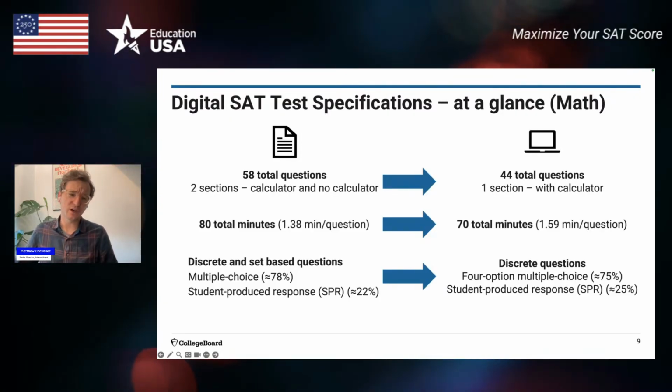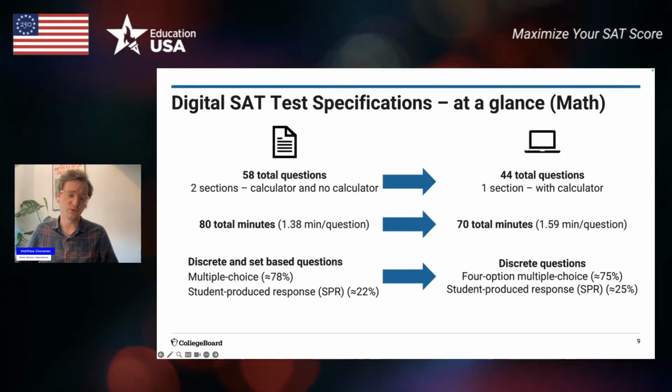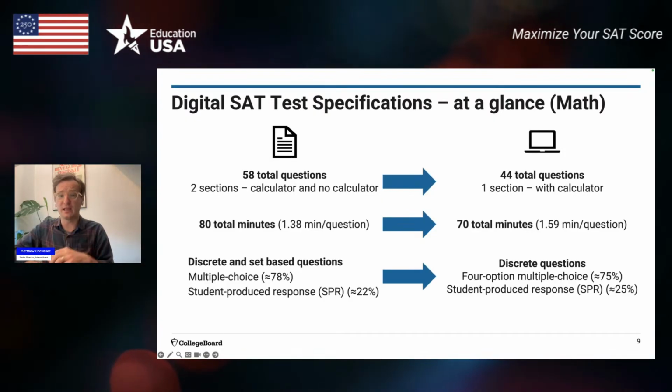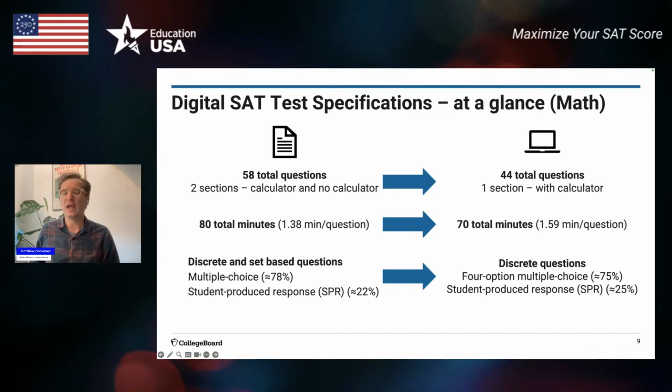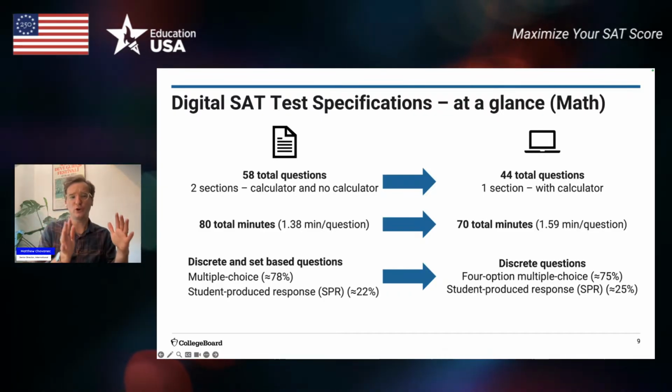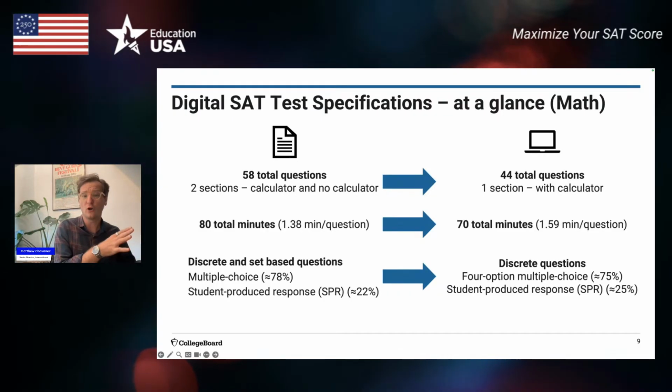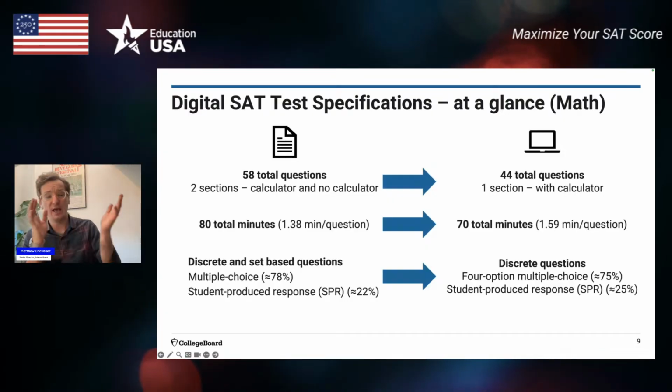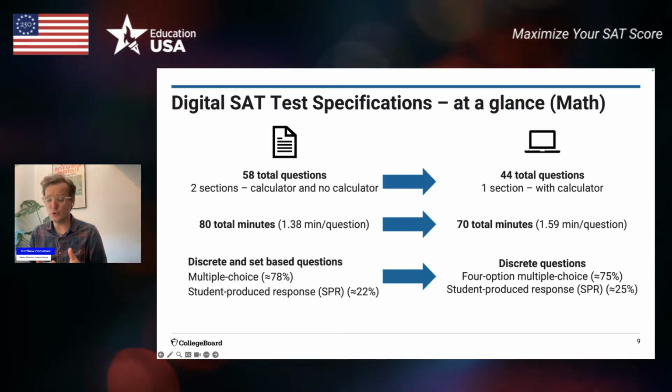About 3/4 of those are going to be multiple choice questions, and then 1/4 of them will be student produced response, which means you're actually going to type in the answer on your computer. Now, these last 2 slides have shown that the test used to be much longer. It used to be about 3 hours, and we've been able to take it down to 2 hours, which is a much more